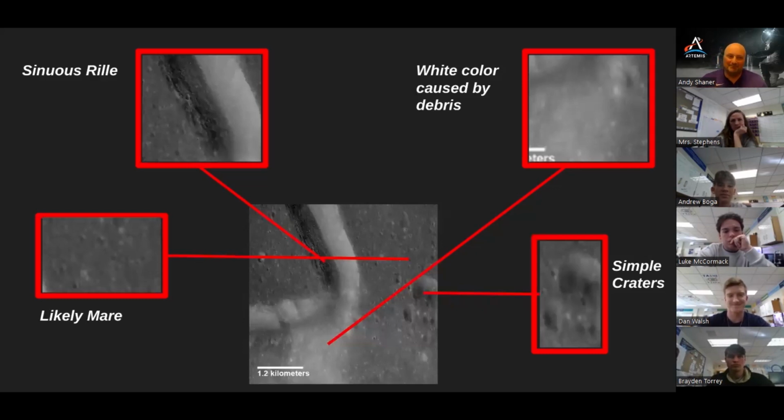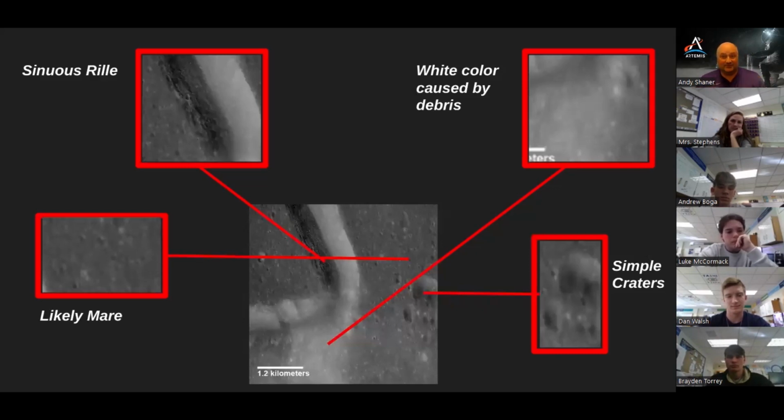Sinus is close, but there's another U in there. So sinuous, yeah, sinuous rill is how you pronounce that. And yeah, that white stuff is debris. But I would caution about even being really generic in saying this is some kind of silicate,